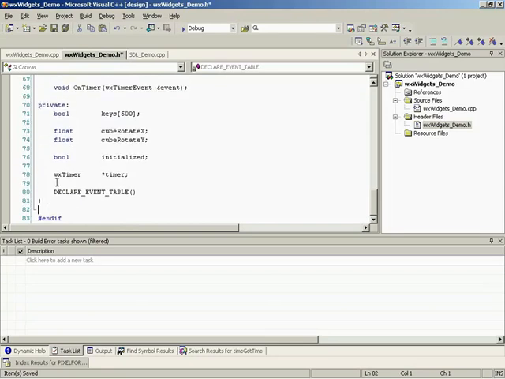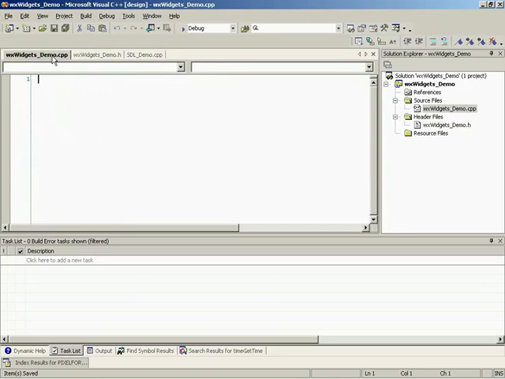So let me just clean that up a bit, and that's basically our header file. Yeah, very nice. So let's go into our CPP file and start writing some actual code. First thing is, we of course need to include the header file that we've just written. So our wxWidgets